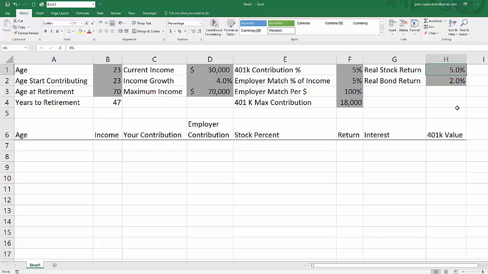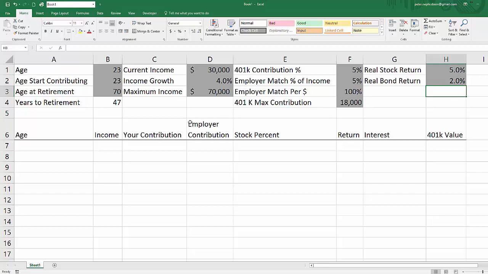We're backing inflation out, which tends to be about 2%. We did another document where we backed inflation out for stocks, and I did a separate video where we estimate the real stock return over various time periods. So we need to know how much interest we're going to end up earning on our various